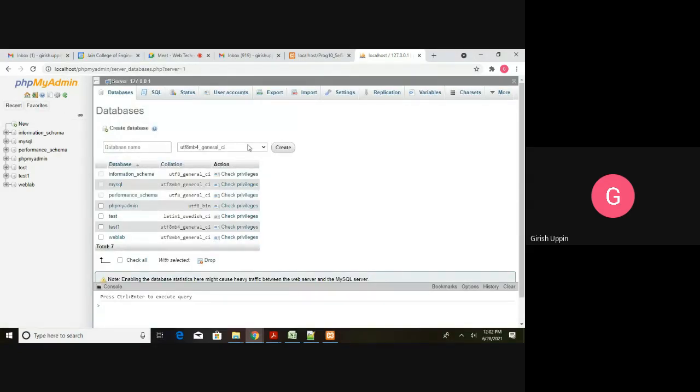Most of this information you can leave as default, and once everything is done, you can say create. It will create a database instance. I'm not going to create it. I have already created a database called weblab. Once you create the database, you can create a new table by clicking on the table. Let me click on that.